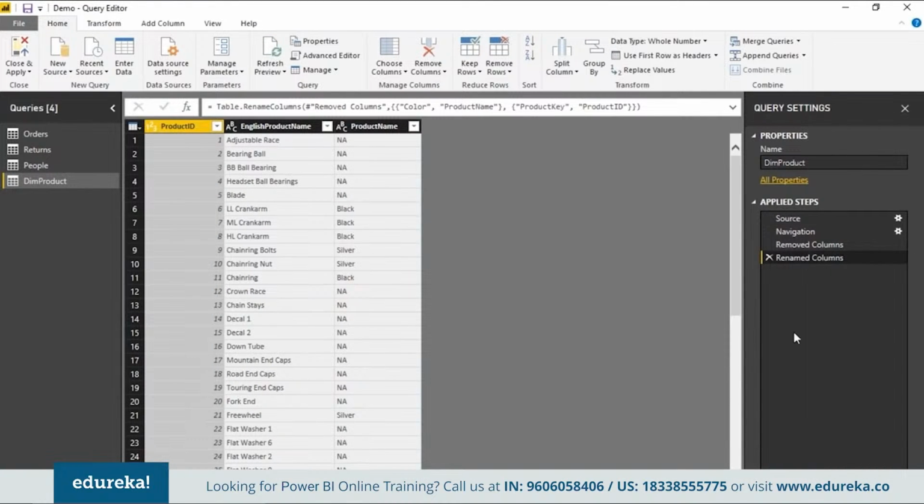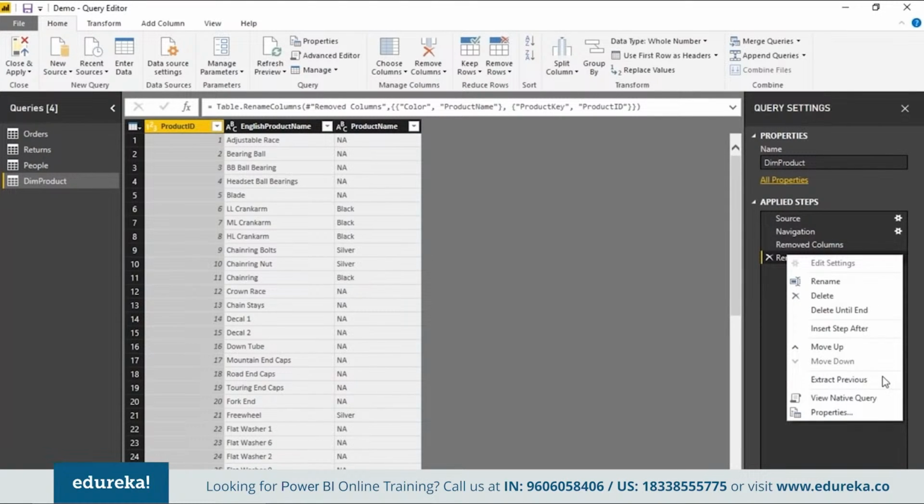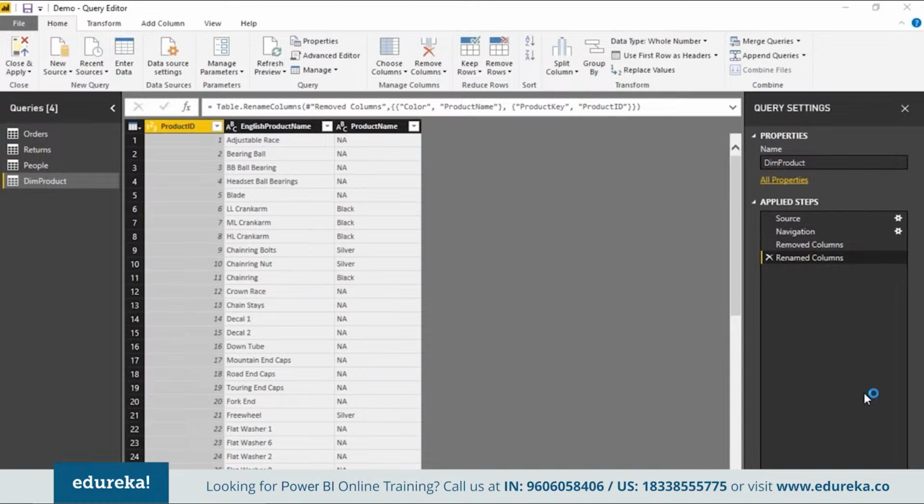Again, as you can see, although this step I'm performing within Power BI Desktop, Power BI Desktop will just go back and offload that operation, or transfer that operation back to the source, which is the SQL Server. And if you go to View Native Query, you can actually check that. Again, it's a very, very important piece that you should keep in mind.